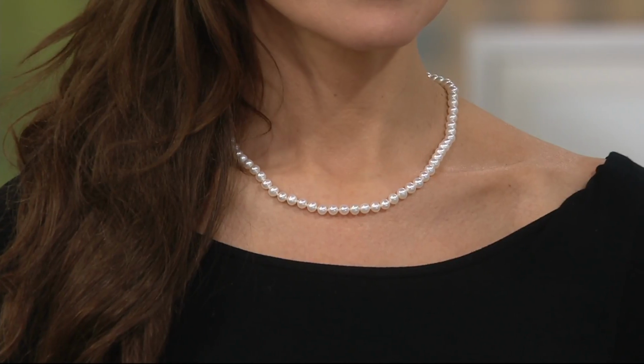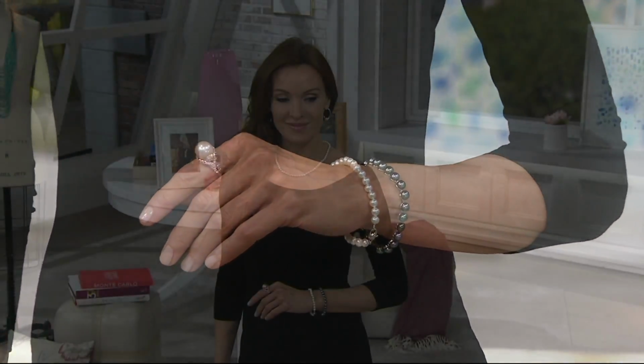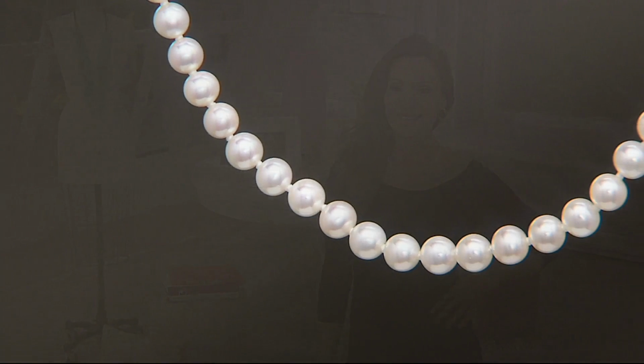So again, not all of you like that bigger pearl look. You like things a little simpler. You can do it with the real deal here in both the bracelet and the necklace. For $199, it has a gorgeous sterling silver clasp. It's all hand knotted. It's on 5 payments of Easy Pay. That is